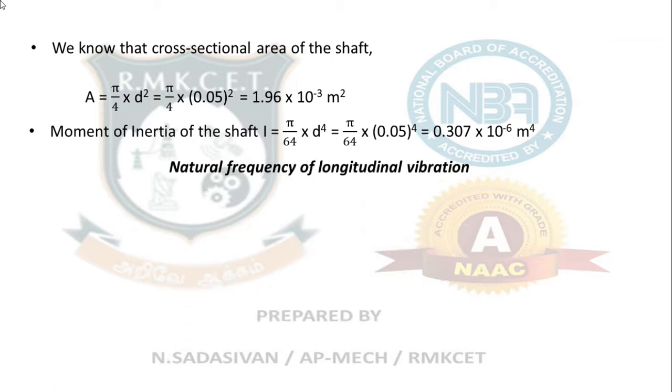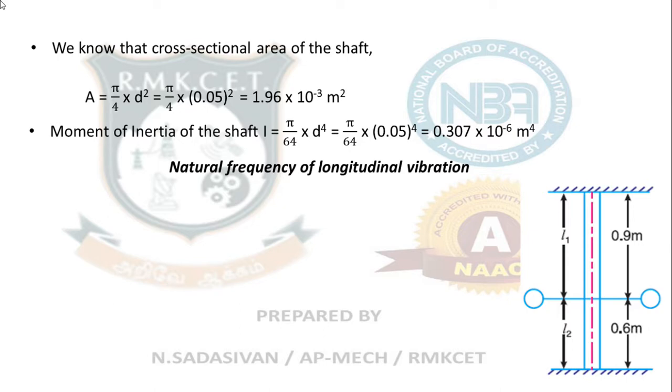Natural frequency of longitudinal vibration. Both questions are there. Longitudinal as well as transverse is asked. So I'm going to look at this diagram. For finding the longitudinal case, you have to understand I'm going to split the mass of the flywheel into two. How am I going to split? A portion of the mass of the flywheel is carried by this portion of the shaft as a tensile load. The remaining portion of the mass of the flywheel is carried as a compressive load by this portion of the shaft. Do you understand? Some portion of the mass of the flywheel is carried by this portion of the shaft as a tensile load. The remaining mass of the flywheel is carried by the lower portion of the shaft